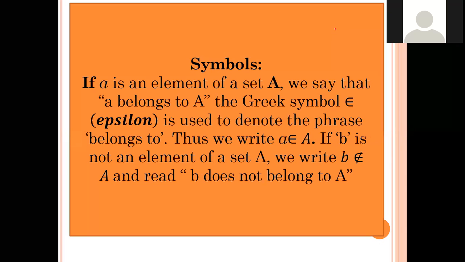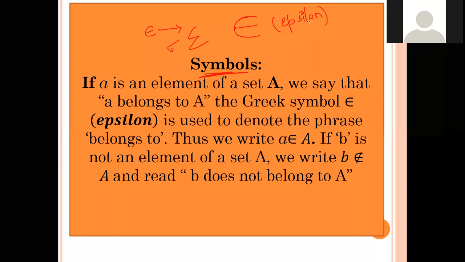We'll move on. Next, we'll talk about something called symbols. The symbol I am talking about is this one. What do you call this symbol? Do you know what this symbol is? It is not sigma. Sigma, you have two forms, one is this one and one is this one. This is not sigma. This is epsilon. This is called epsilon.